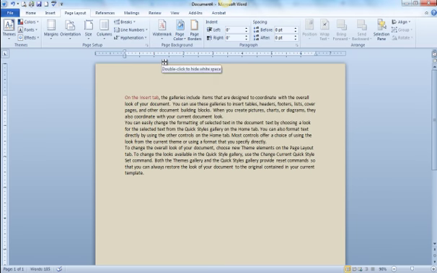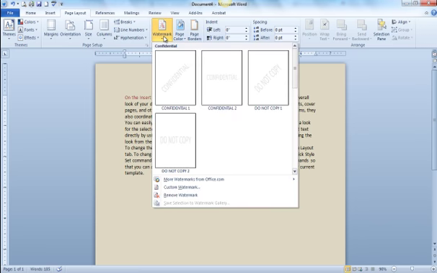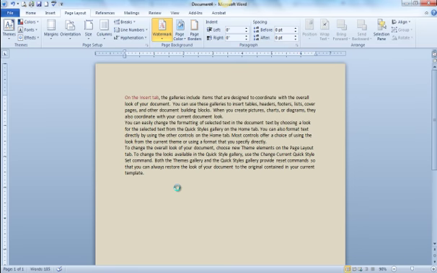Something else you can do in Word is add a watermark. And a watermark is kind of some text that sits behind the rest of the document. Here are some common ones. You might mark it do not copy so that someone knows, or if it is copied, it'll come up. You can also do custom watermarks, so I can go to custom watermark,